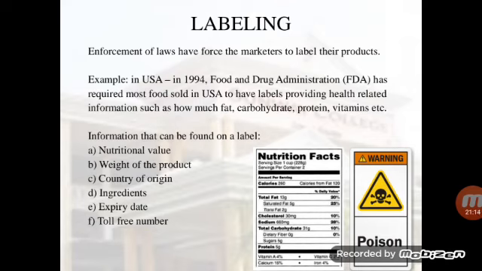Next, the third function of labeling is that it assists in assorting of products. Assorting of products means classification or grading of products according to different categories. Example, you walk into a supermarket, you want to buy shampoo. Maybe you have dry hair, so you need shampoo that could moisturize your hair and keep it shining. So you go for moisturizing shampoo,